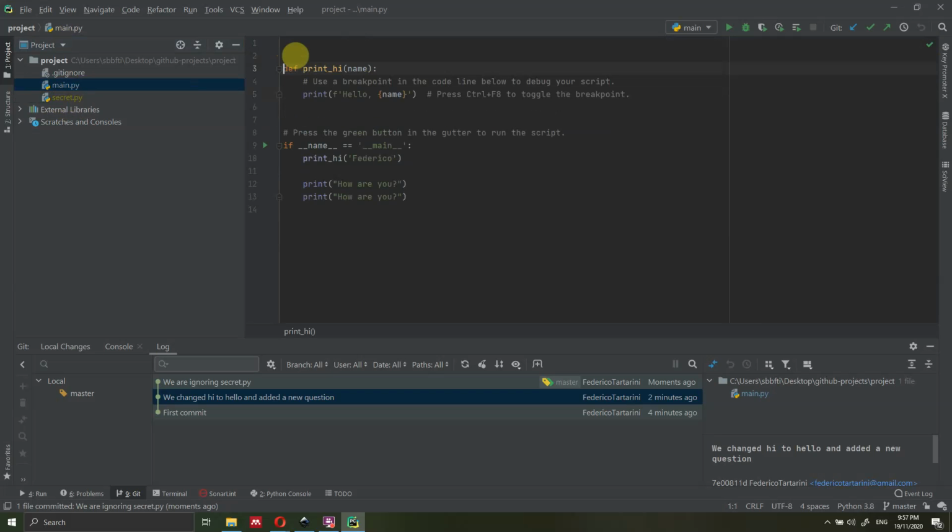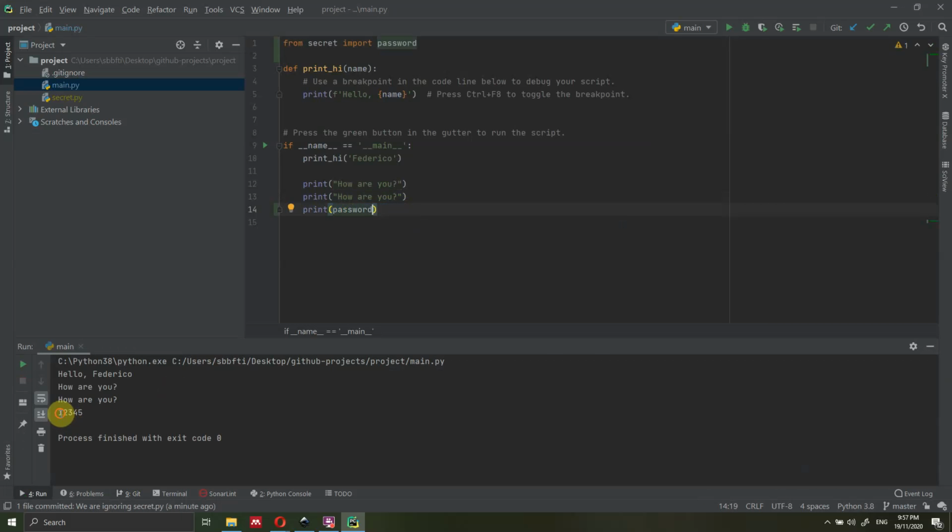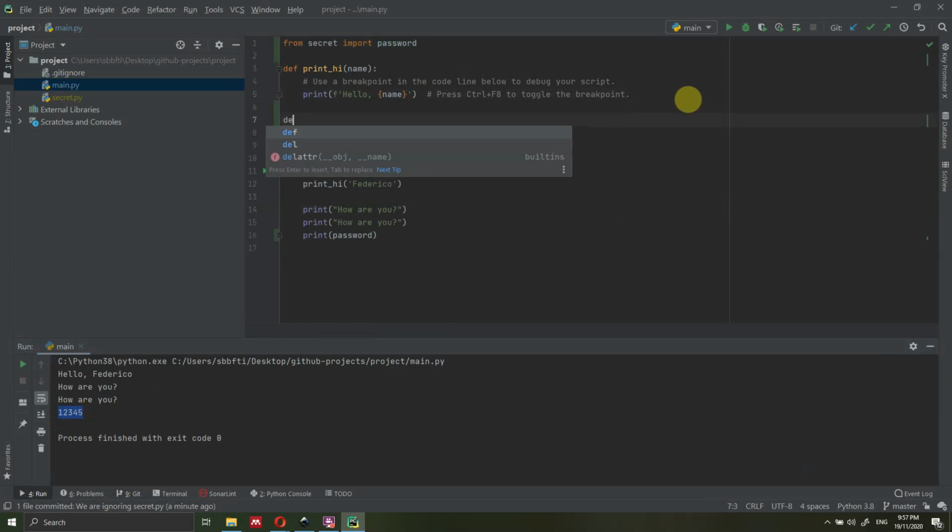Because for instance, here, and of course you don't want to do that, but you can do import secret, okay? And here, let's say from secret import password, and here we can do print password, Shift F10. As you can see, here is my password. Of course, you don't want to do that, but you will have a function here which is going to be